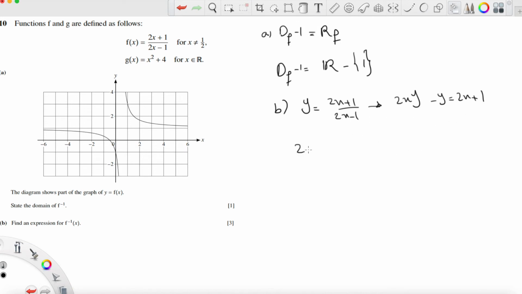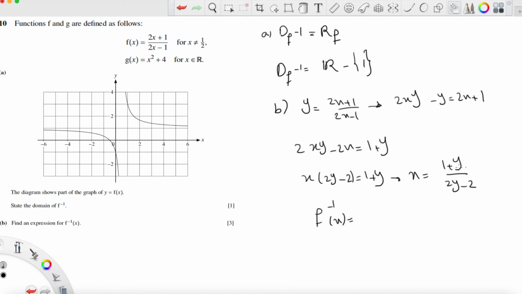I transfer 2x to the left hand side. 2xy minus 2x is equal to 1 plus y. I factor x: x times (2y minus 2) is equal to 1 plus y. Then x will be (1 plus y) over (2y minus 2). To express f inverse in terms of x, I replace y by x. (1 plus x) over (2x minus 2) is the answer for the